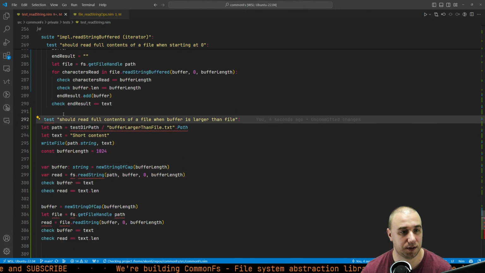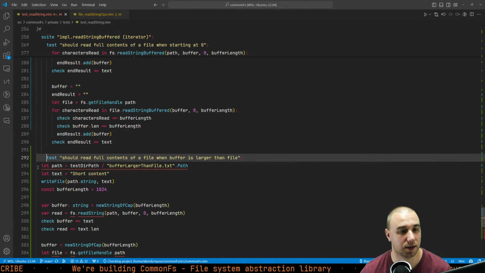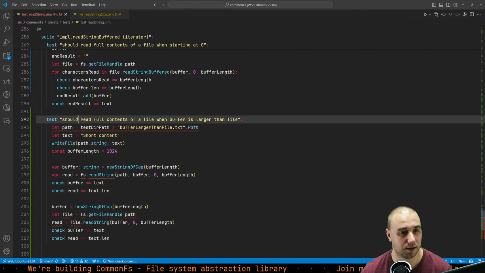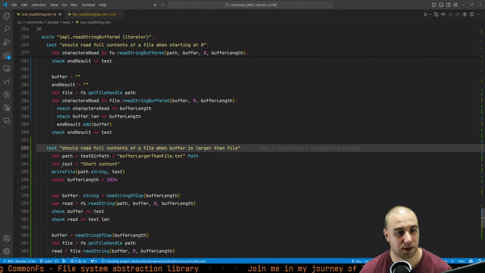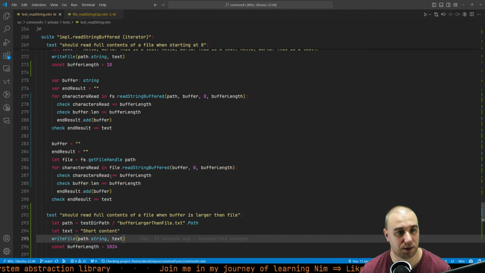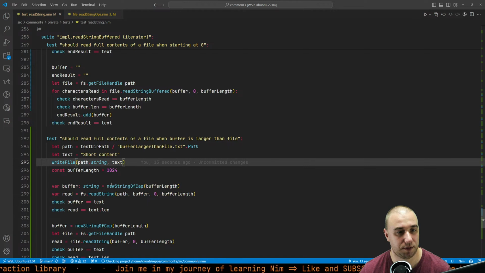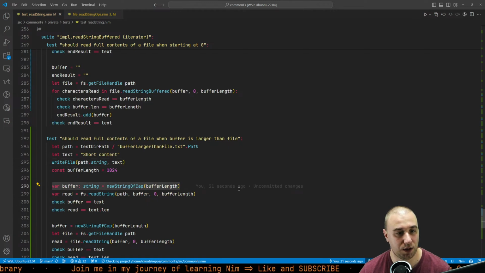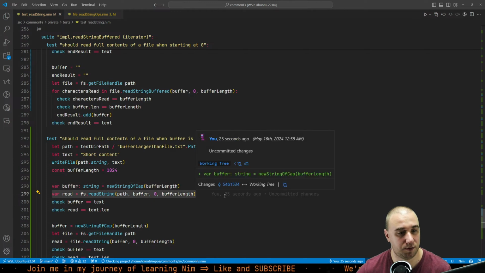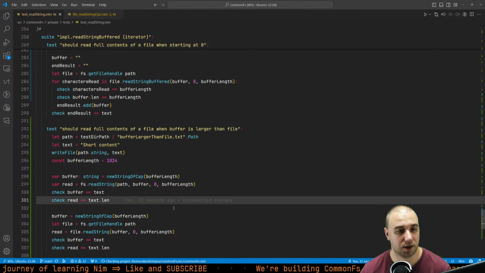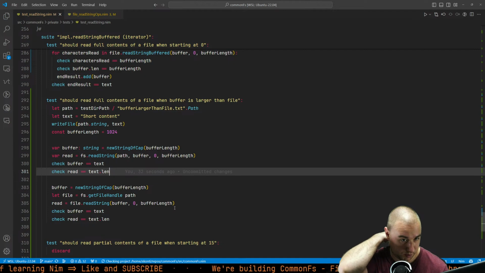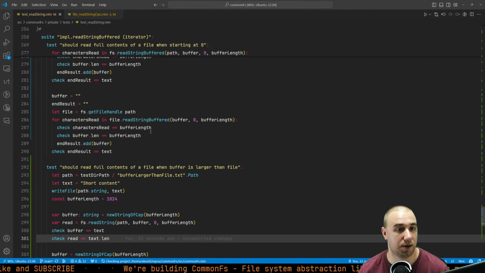Okay, just need to fix some misalignment issues. File and buffer is larger than file. Okay. Is the buffer larger than file? Text short content. File. Yeah, we create a file, so that's all pretty much the same. Buffer length will be just nice. And we just create new buffer. We read the stuff. Okay. But that's not it. Because